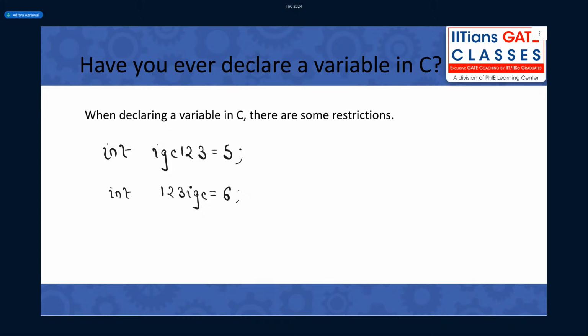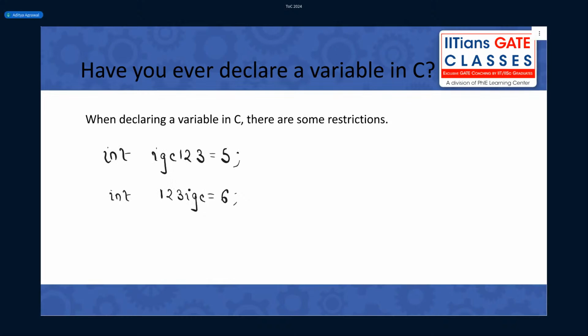A variable name should only start with a letter, only letter, nothing else. Good. Underscore as well, letter or underscore. So this is a valid variable name. This is not a valid variable name. This is a valid variable name, right?